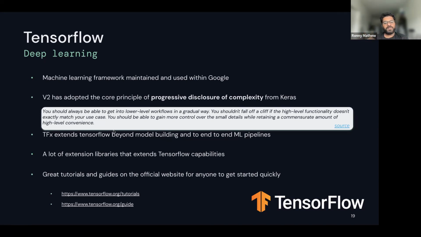So I really like this principle, and right now the library is pretty well integrated, so you can choose your complexity or difficulty level when you want to dive into deep learning. Other than that, TensorFlow also has TFX, which is TensorFlow Extended, which extends TensorFlow's capabilities beyond just model building to build end-to-end machine learning pipelines, right? So you can do feature engineering, model monitoring, model serving, and a bunch of things. It also has a cool ecosystem of extension libraries, which expands it beyond traditional deep